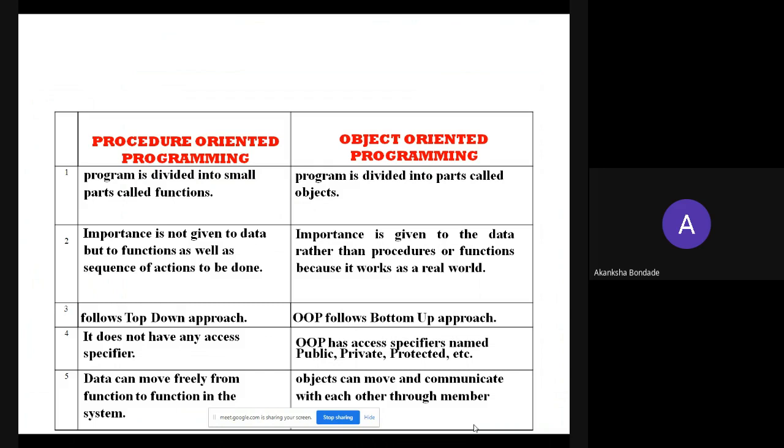But in object oriented programming, they give importance to the data as well as the procedure or function because it works as in real time. And procedure oriented programming is not used for real time. That's why it is acceptable for